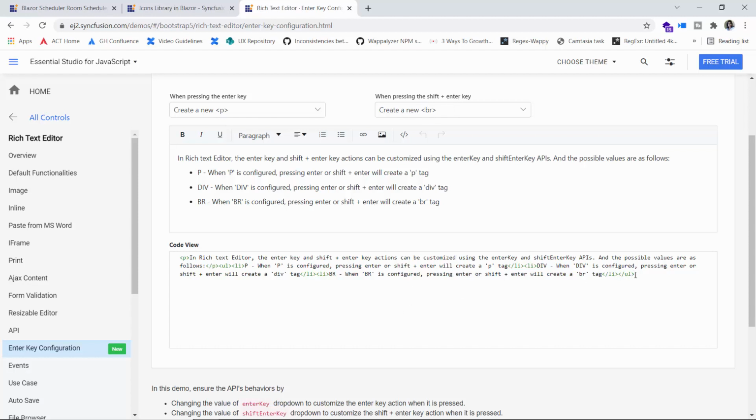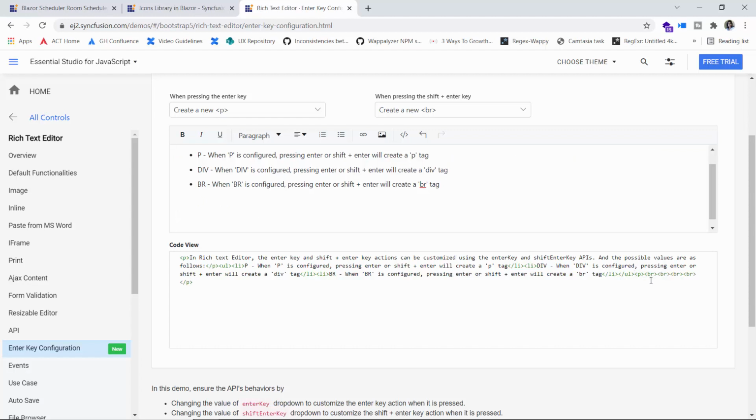So just have a look at this particular place when I press enter. So I'm placing my cursor here, and now I'm going to press enter, and let me again press enter. I just don't want to create a li now. Okay, so here you can see a paragraph tag has been created, and now when I press shift plus enter, you can check the break tag is being automatically added for the number of times I press the shift plus enter.